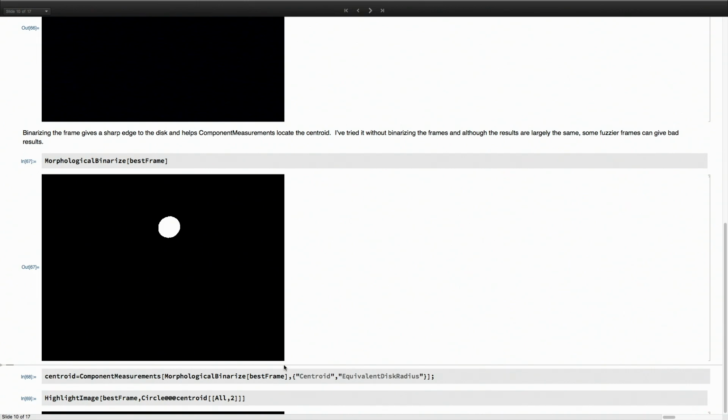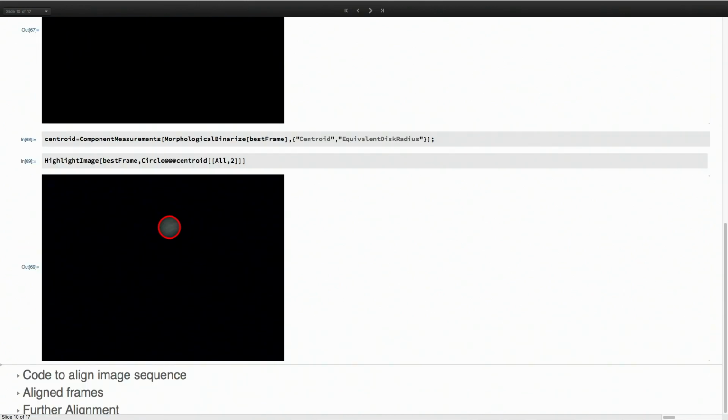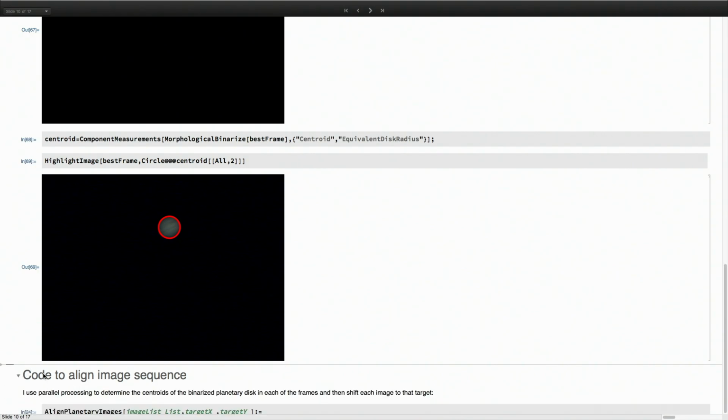and that will give us the center of the image. You can see I've drawn a disk around Jupiter, and the center of the disk is the center of the image. So then, given that, I can